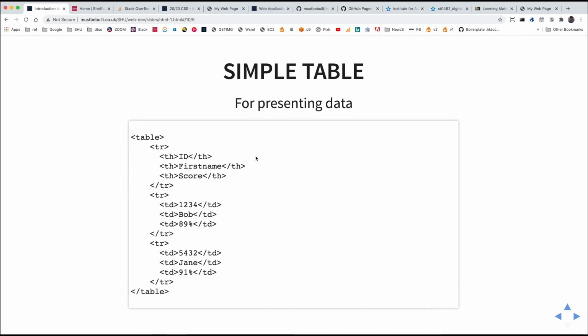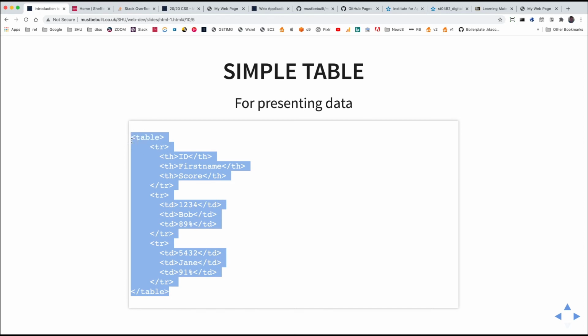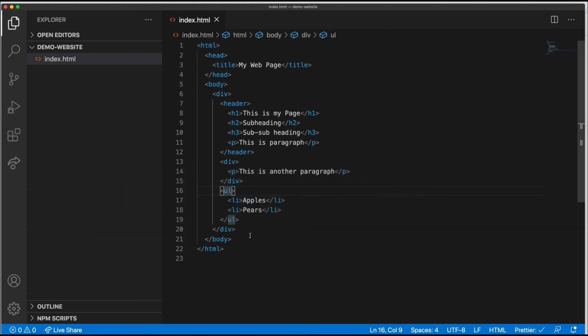Tables are used for presenting data, the idea being you have a table tag that indicates the extent of the table, then you have a row, and inside of the row you can have a TD that represents the table data. That would be one row of the table, and that would be another row of the table, with 1, 2, 3 cells in each. Notice the variant on TD is TH, that indicates it's a table header. So that little lot there, if I place that inside of my document,